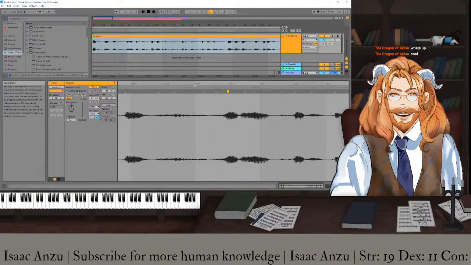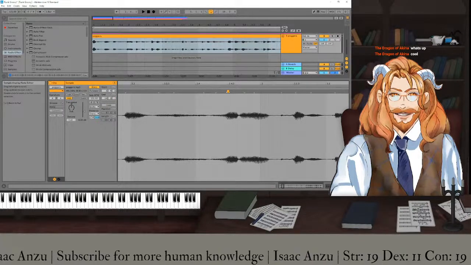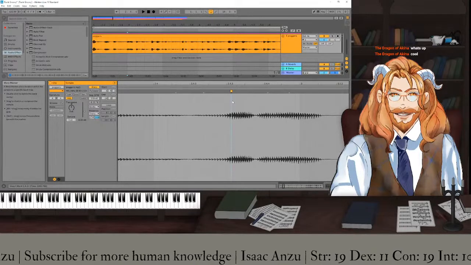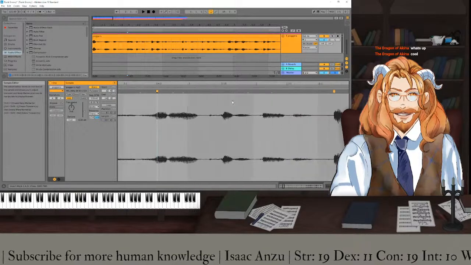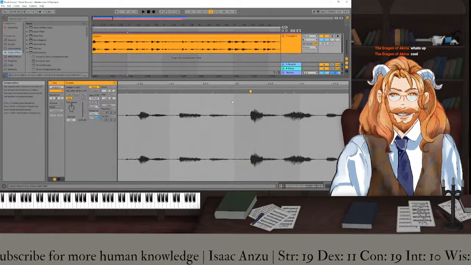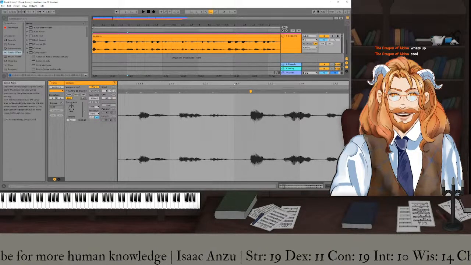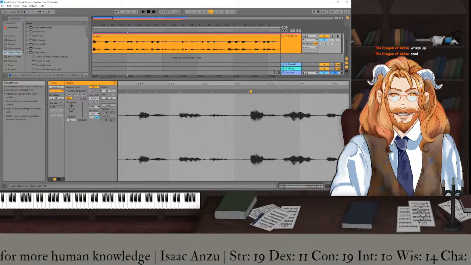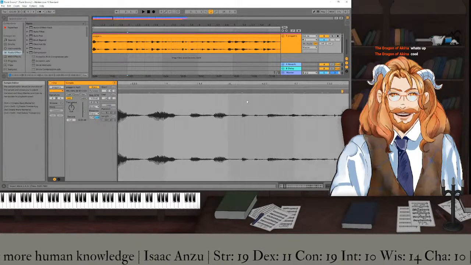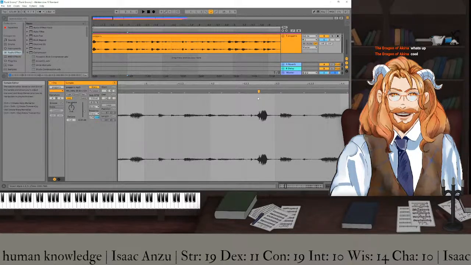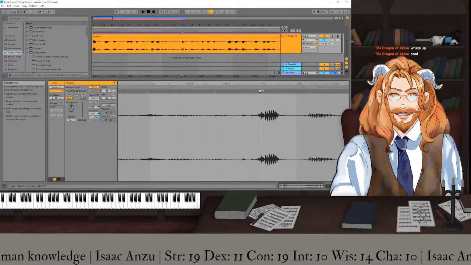So, see. I'm gonna move that slightly. This is measure 3, beat 3. That's fine. Measure 4, beat 2.3. This needs to be moved.